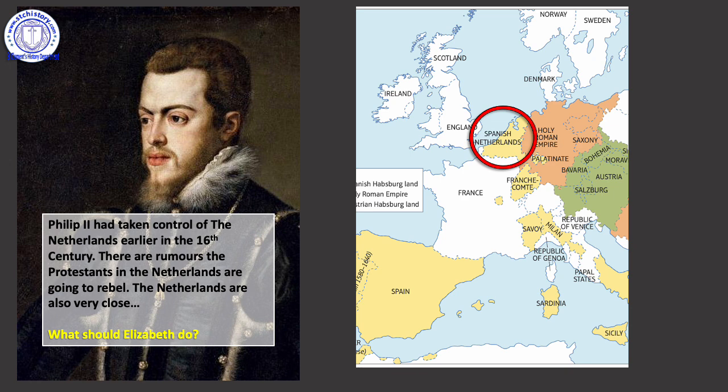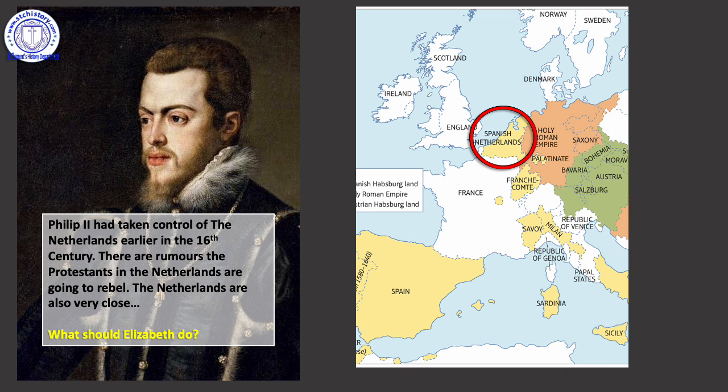So, I don't know, not long before Elizabeth became queen, he takes the Spanish Netherlands, just like he's taken South America, and he is going on a mission to kill all the Protestants. And that is part of what the worry is about England, is that he sort of got this permission from the Pope to, the counter-reformation that we've talked about. So what he does in Holland, in the Netherlands, it's very possible and very probable that he may well do this in England. So this geographical issue is something to keep in mind, and we'll talk about the actual danger in a minute with some facts and figures.